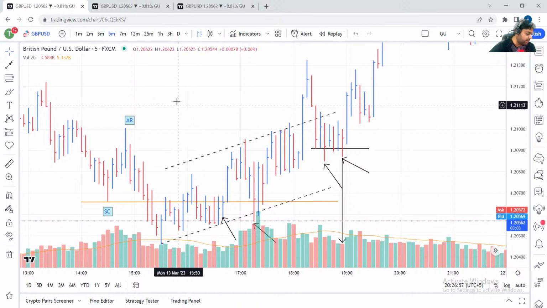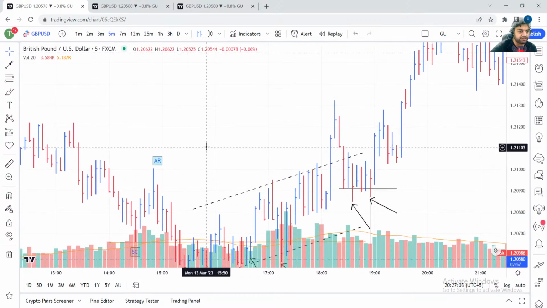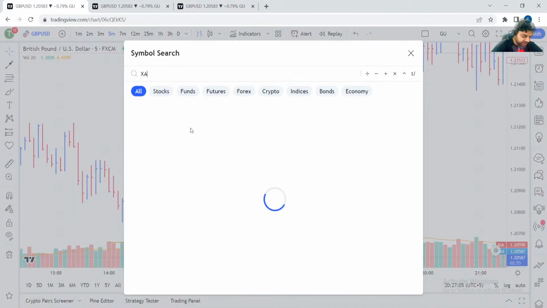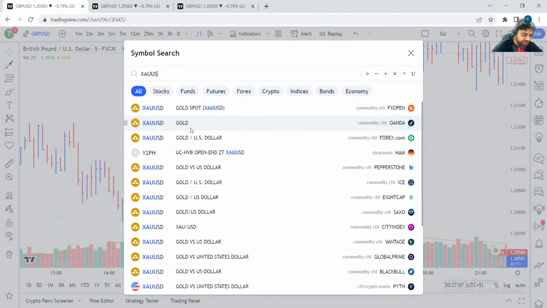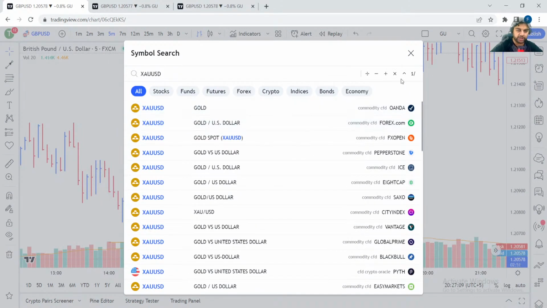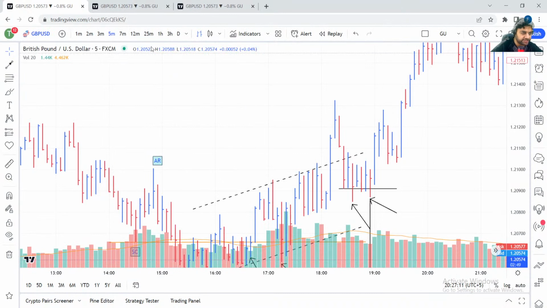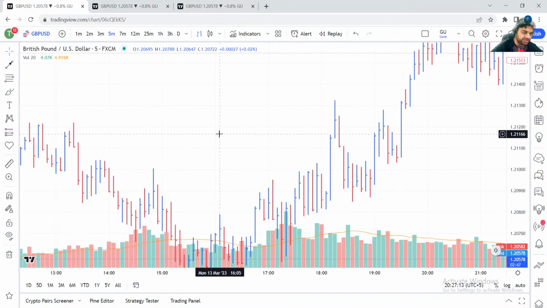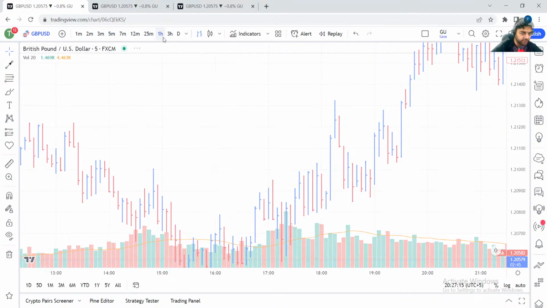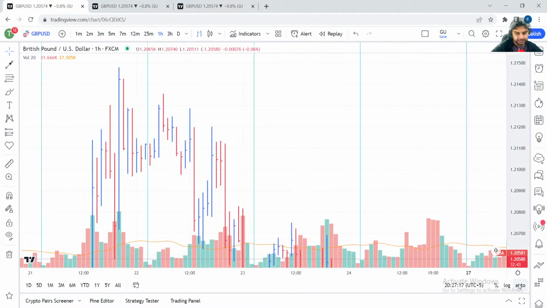Okay guys, so now we will go for your questions, or we will go for the live trading recommendations. So first of all, you want to know about gold, XAU USD. Let's go and see. Okay, so I will first take a look at the GBP USD chart. Okay, let's not forget our very old friend GBP USD.